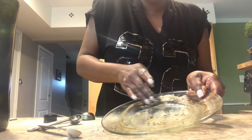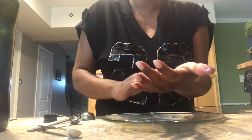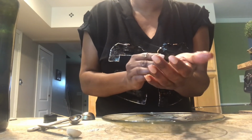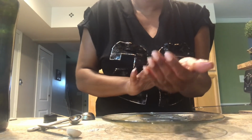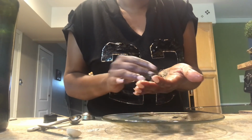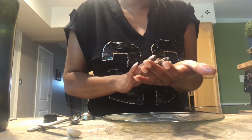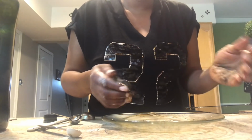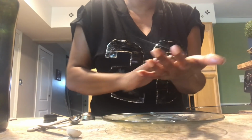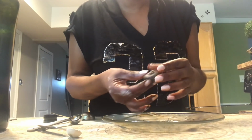So you see, you want to get it to where you can roll it and it doesn't stick. Okay? Once you get it to that, then you know you're home free. Okay, so that's basically it. So now I'm happy with it. As you can see, I have a nice